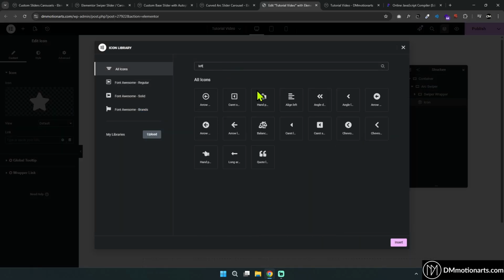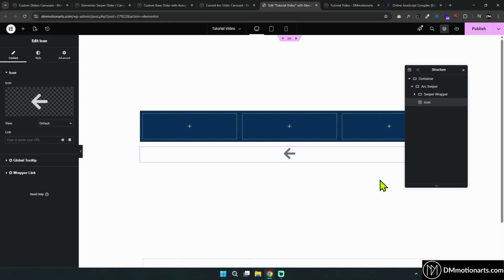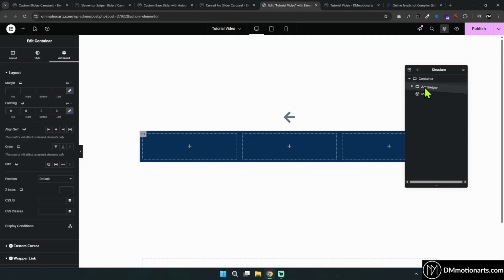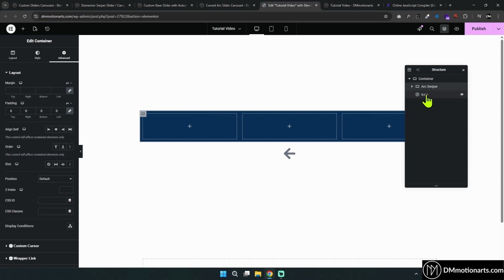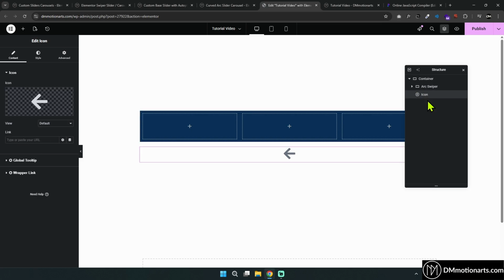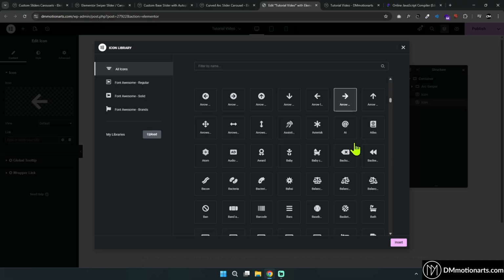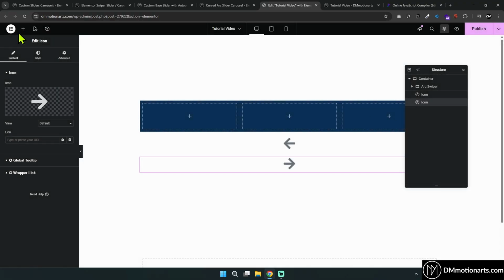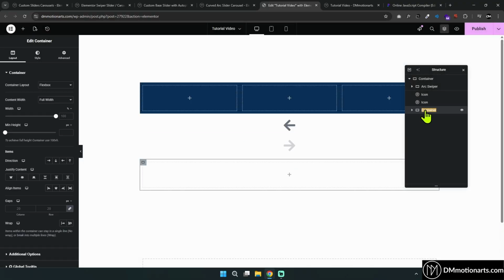I'm just going to use the left arrow. You could add text or anything. Okay, and you could see I've added it inside of this. Now it's up to you whether you want to add it inside of this or not. I personally prefer it outside, but it really comes down to what your design is. So I'm just going to keep it outside instead of keeping it inside of this. And let's duplicate it. Let's do right arrow. And after this, we will add our pagination container